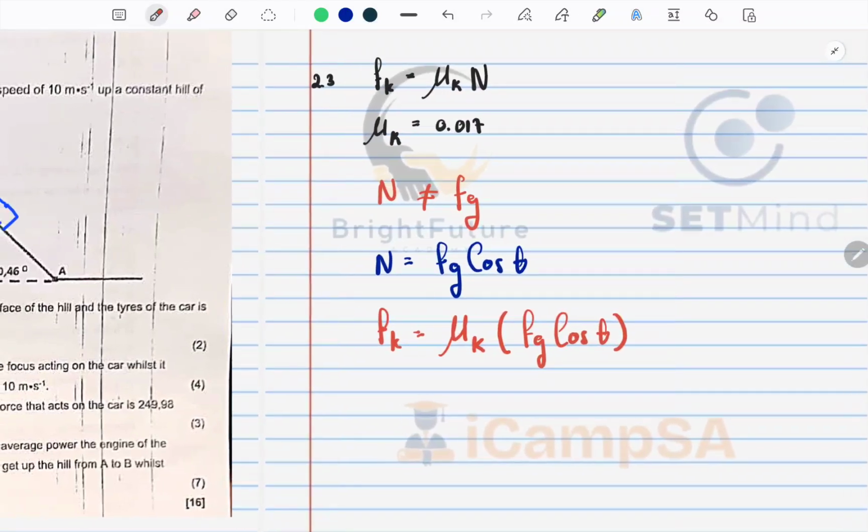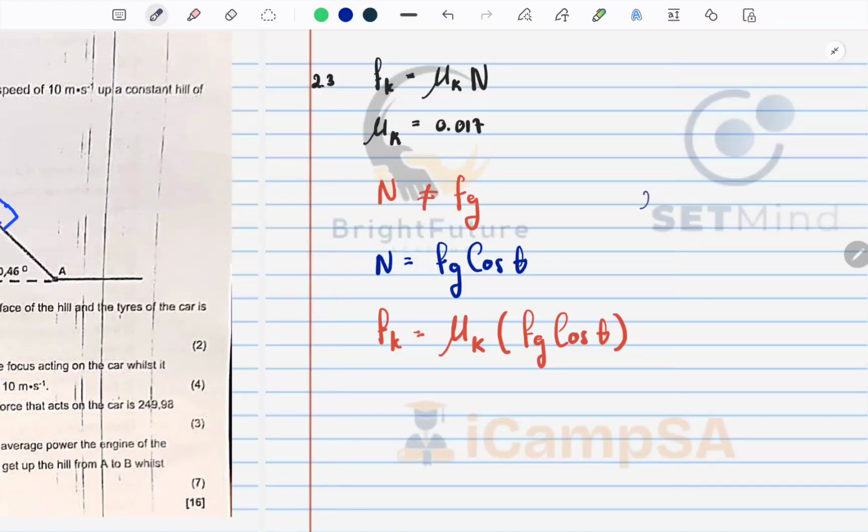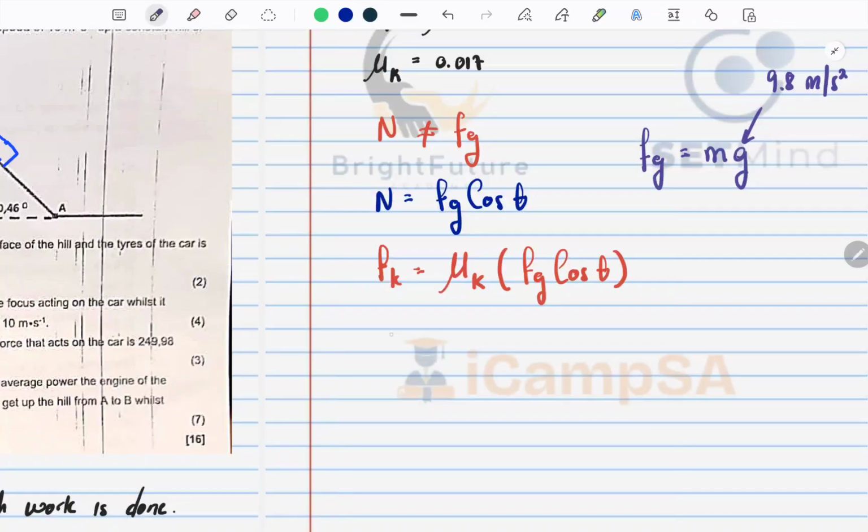Okay, but now we should also note that we have Fg as mg. Fg is equal to the mass of the object times the gravitational acceleration. Okay, gravitational acceleration is what? It's 9.8 meters per second squared. Right, so now we can come back here and say